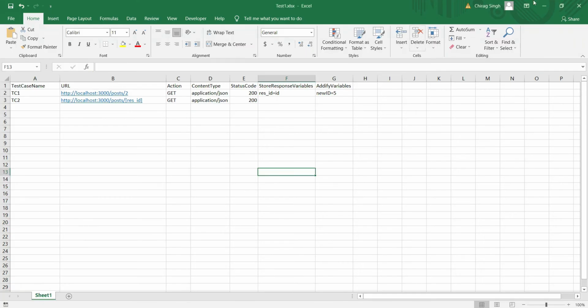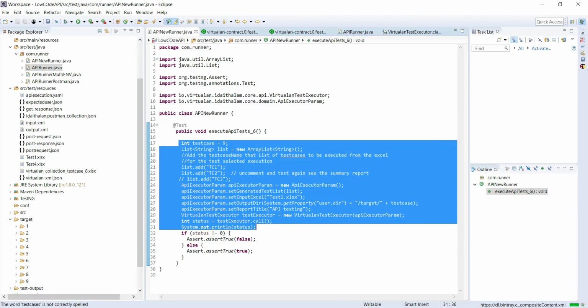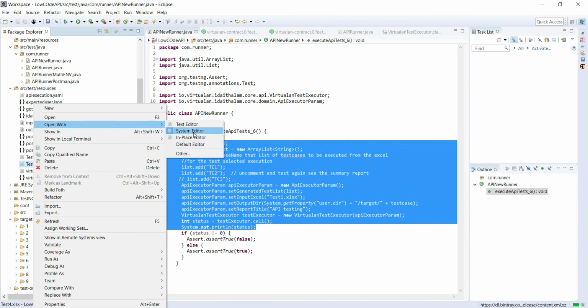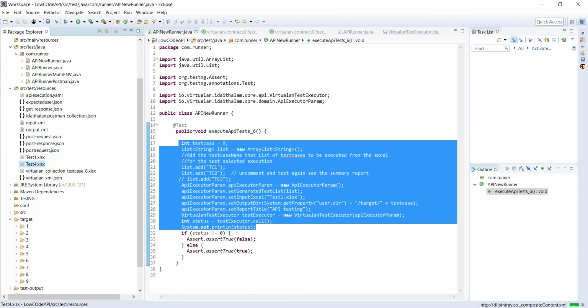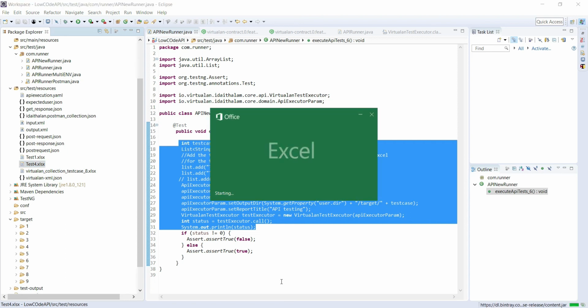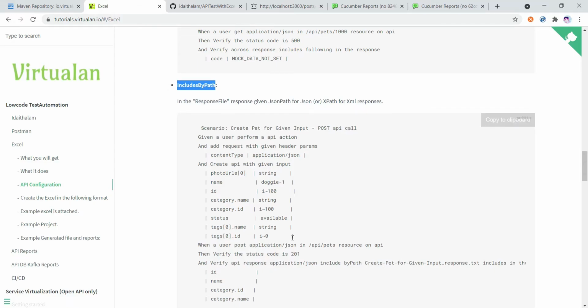So let me close this test case and open a new test case, which is test case 4, and in this test case I will show you how we can use these two, includes by path and CSV.